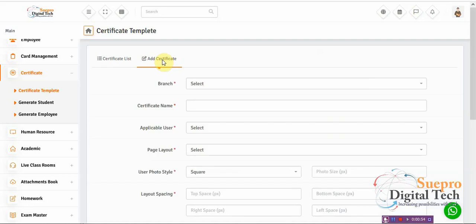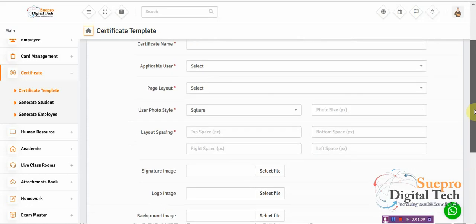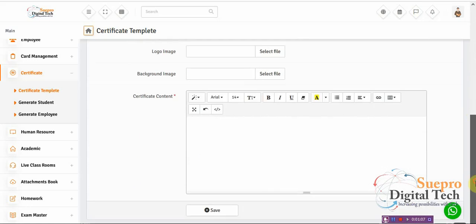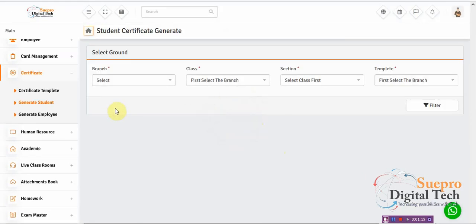From here you can create. This is where you create your templates for students or for staff. This is where you create it and you include the layouts. So you can generate students' certificates from this place. When you click here, you generate the students' certificates. You click here,